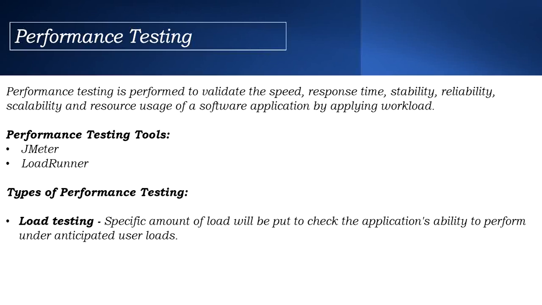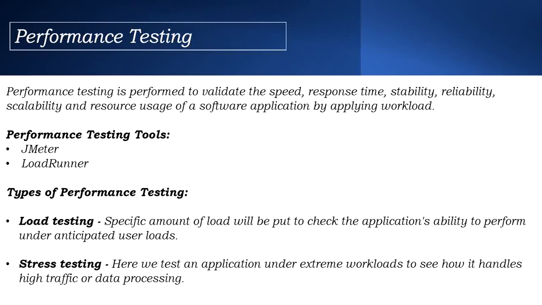Let's take an example of 50 users. If 50 users are logging in to the application at a time, how should it behave? That is what will be tested as part of load testing, and within it we also get to know the bottlenecks. If 50 users at a time cannot log in, then that is an issue, right? That is what will be validated as part of load testing.